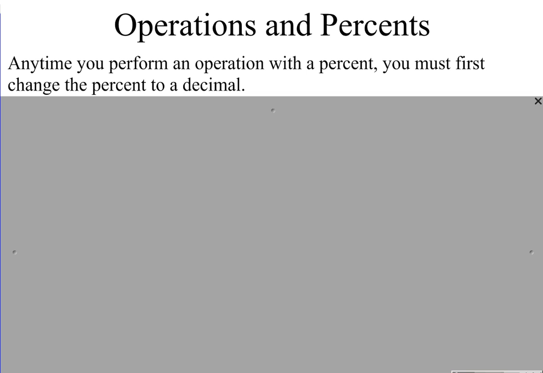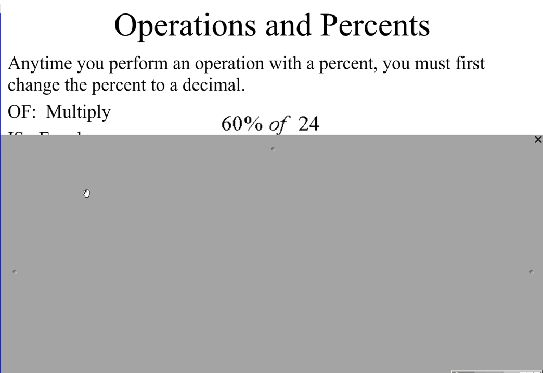Operations with percents. Anytime you perform an operation with a percent, especially multiplication, first change the percent to a decimal. Most questions on the ACT that involve percents are going to be a multiplication type problem where you're finding a certain percent of something or find the percent discount, things like that. You have to remember anytime you're going to do a multiplication with a percent that you need to first change